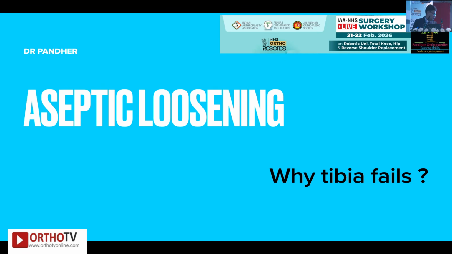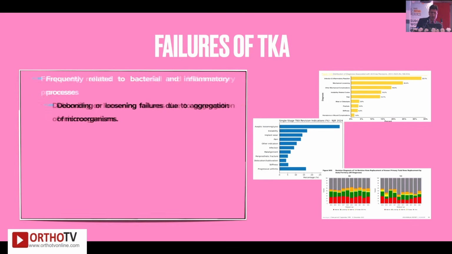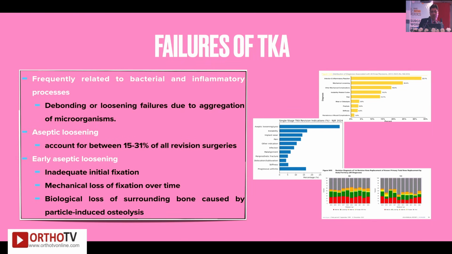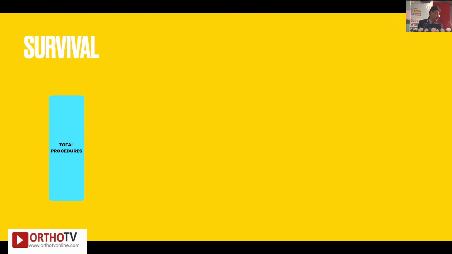Aseptic loosening. So failures we know are there. Debonding or loosening is frequently associated with bacterial inflammation. They form the layer. Still, aseptic loosening accounts for 15 to 30% of all the revisions. Early loosening can be a result of inadequate fixation, mechanical loss of fixation over time, or the particulate debris causing